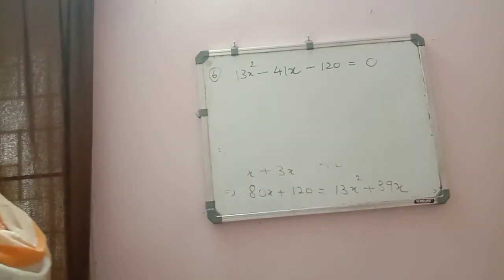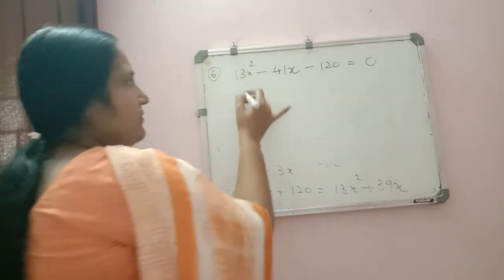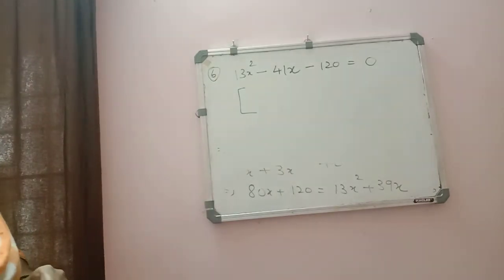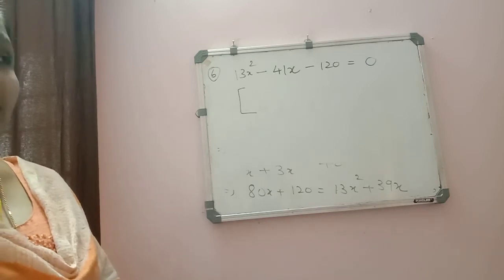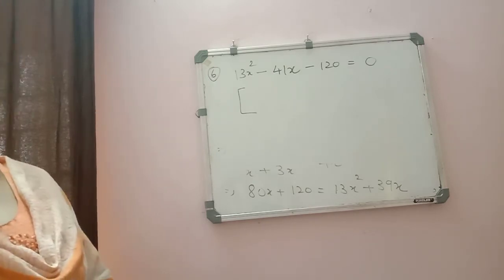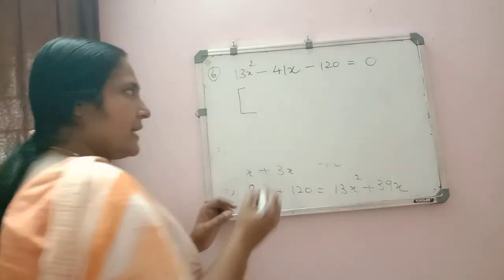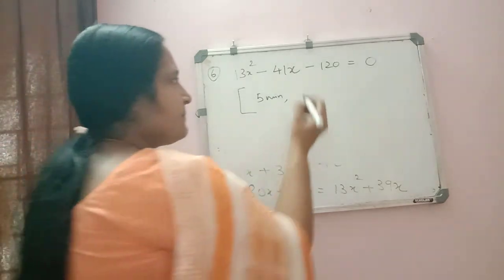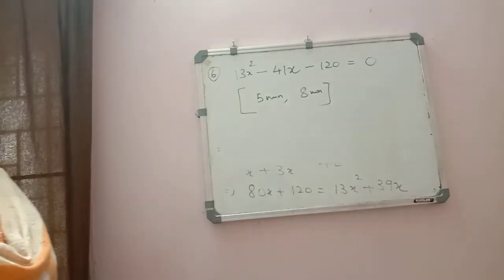So we got the quadratic equation. Now all can solve the equation. When you solve, again you will get two values for x. One will be positive, the other will be negative. Here we have taken x as the time taken, so time taken will never be negative. We are not saying that I am taking minus 5 time or minus 3 time. Always time we have to take positive. So take the positive answer. So you will get the value of x as 5 minutes. So time taken by one pipe will be equal to 5 minutes and the second pipe will be equal to 8 minutes. Hope the method is clear to you.